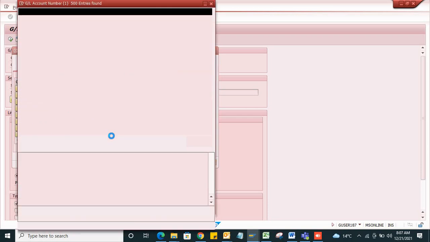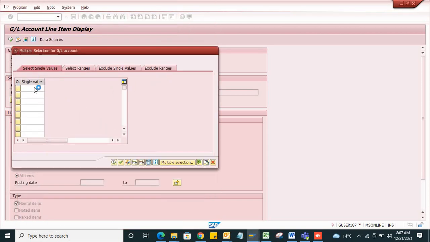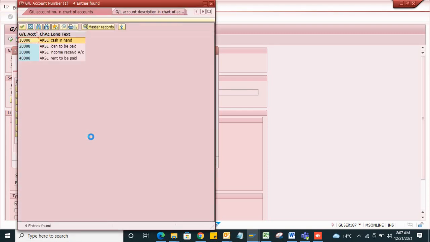One sec, guys. My chart of accounts is AKSL. What accounts do I need to select?